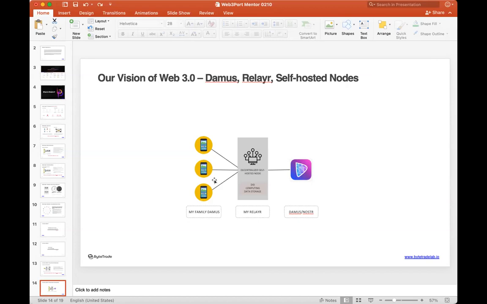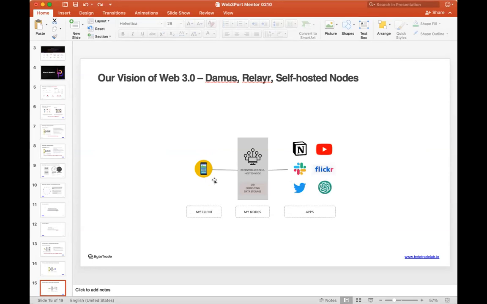The benefit of running your own relay on your self-hosted node is that, again, your messages and your tweets are stored on a machine that is controlled by you. That's the idea of gaining back your internet application data. And the next slide is about the possibilities in the future, bringing up the imagination of what self-hosted nodes can